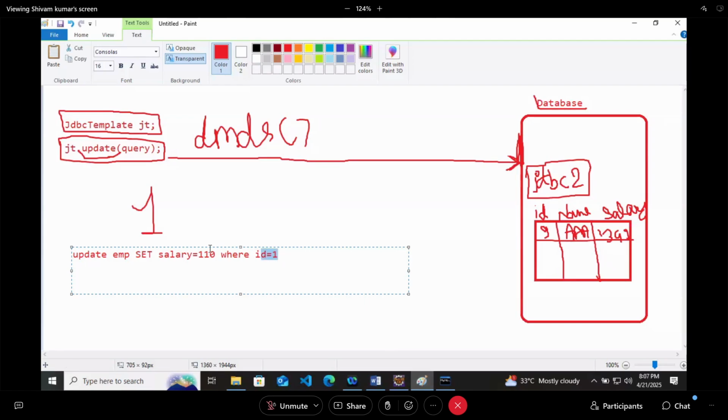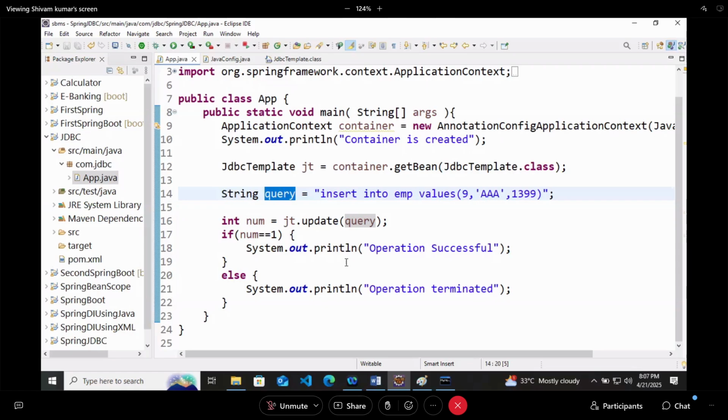Now I will try to run the same query again. So here I will write that query, update emp set salary equals 110 where id equals 1. Let's run the code again.